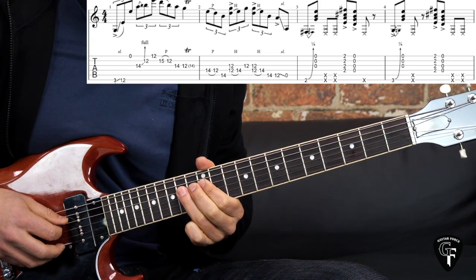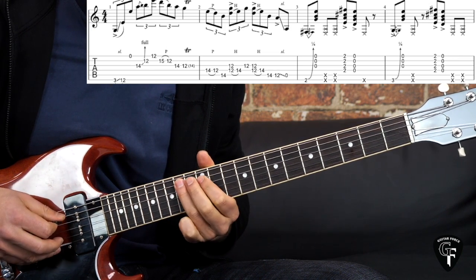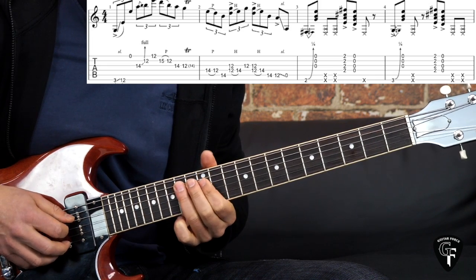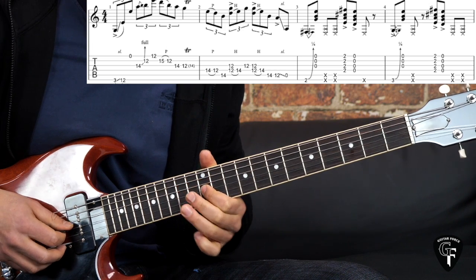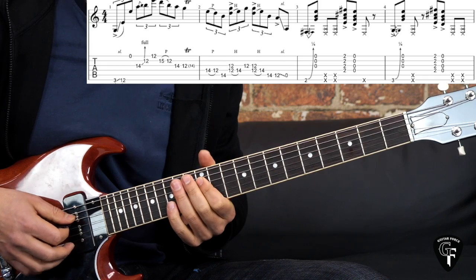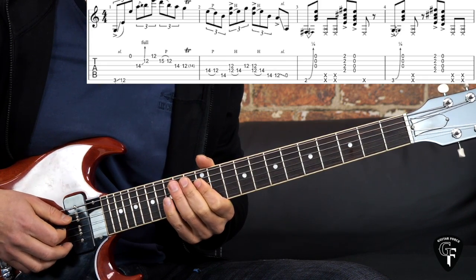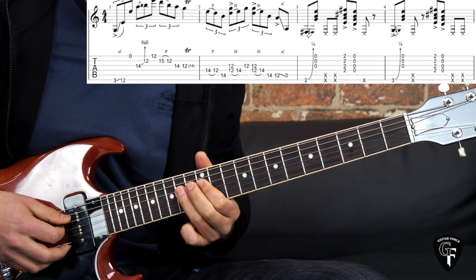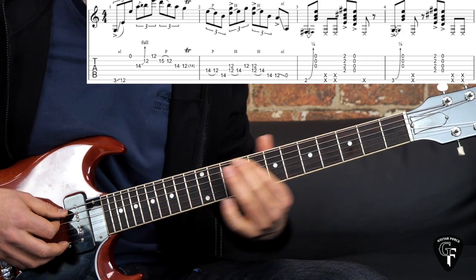So here we stay, D string 14 to 12, pull off, going to the A string 14, then we're back to the D string 12 to 14, and then you catch the G on the 12. By the way, if you get the double stop, that's totally fine, like that, and then you have, so it's 12 to 14 again on the D string, 14 on A, 12, slide out,